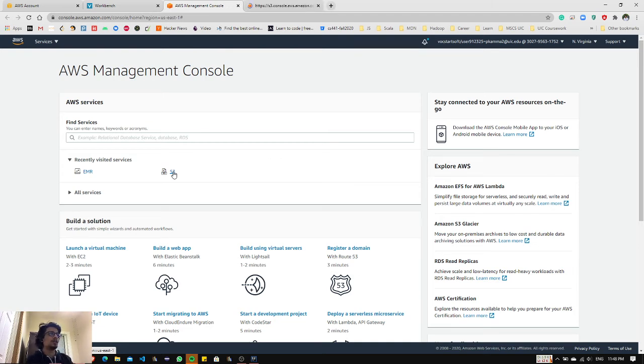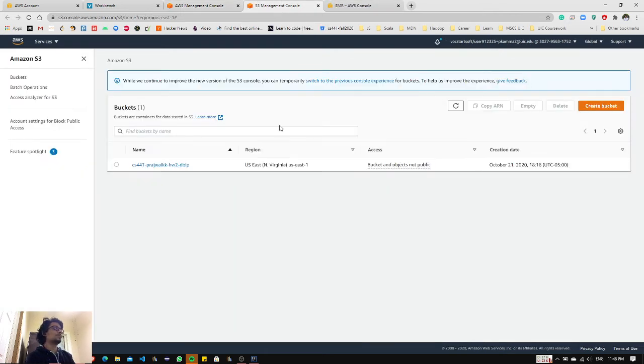That's where the jar will be stored, and you're going to run it on the EMR cluster. S3 is just storage; it stores the files as objects, and EMR just runs your cluster. I'll keep both of them open in 2 tabs.